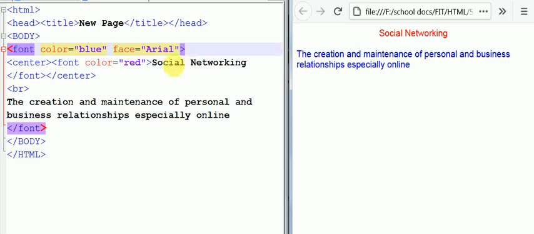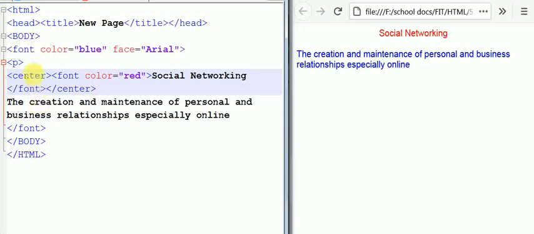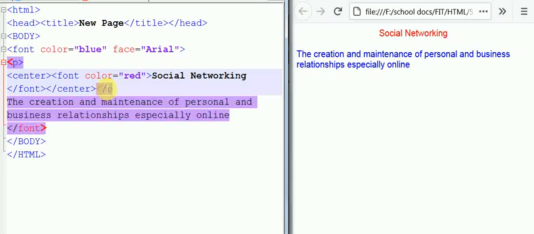Now let's do some more editing. I am adding a paragraph here for the social networking, and I am removing this BR. Instead of BR I am putting a paragraph here.